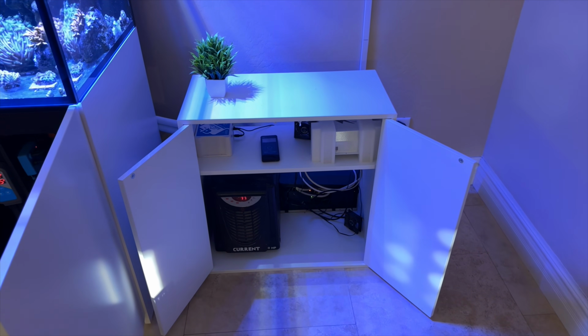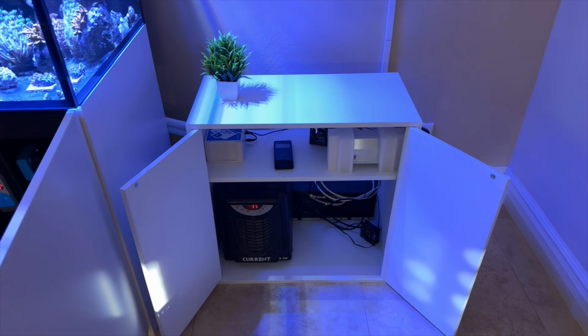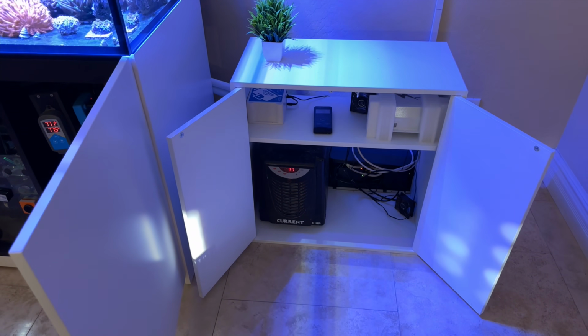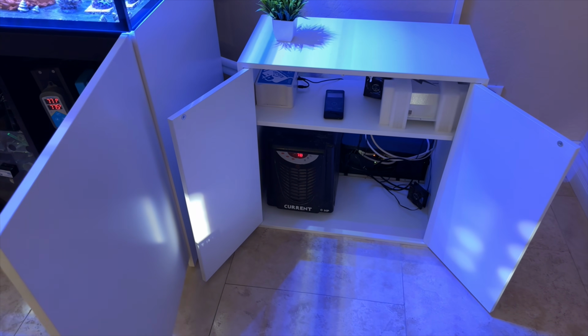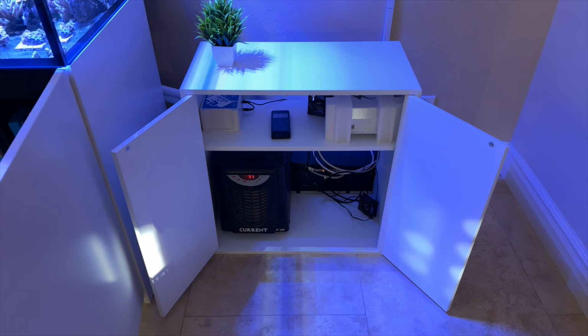Moving on to the cabinet on the right side of the tank. This one has a couple different reasons. It is where I store the chiller, and I'm using a current 1/10 horsepower chiller. And because I have a couple different fans throughout the tank, both on the sump and the top of the tank, the chiller actually only cuts on around 5 days a year, which is really nice,